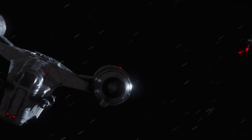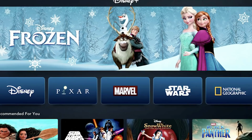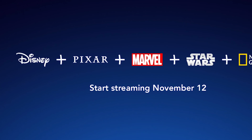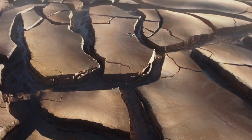Pretty soon there's going to be a whole lot more Disney and Disney-related content for us to consume with our eyeballs thanks to the wonders of Disney+. The streaming platform is adding a slew of new shows, including ones related to the Marvel Cinematic Universe and even the Star Wars franchise. The first one related to the latter that we are getting is The Mandalorian, and at D23 2019, we got the show's first official trailer, giving us a glimpse at the bounty hunter-based action that will